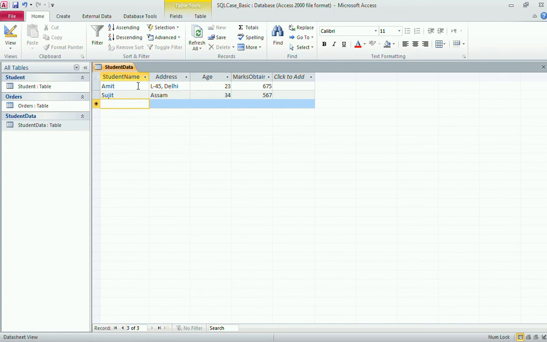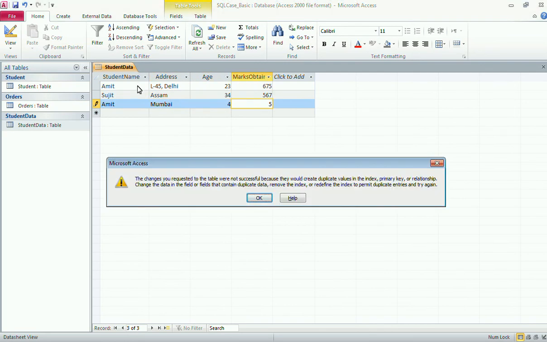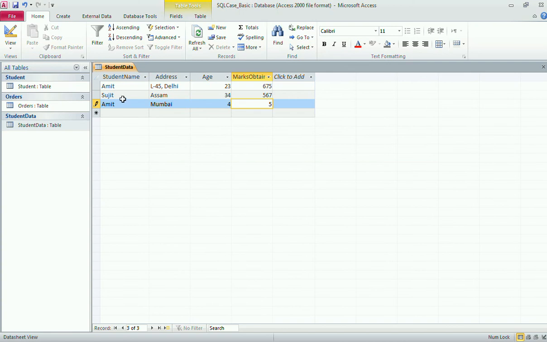Now consider a scenario that another student wants to get enrolled and his name is also Amit. So what if I write Amit here, Amit, but his address is different. Say he belongs to Mumbai. If I press enter, it will not allow me to enter this entry because Amit is duplicate, but both the Amits have different address, so I need to convey this to